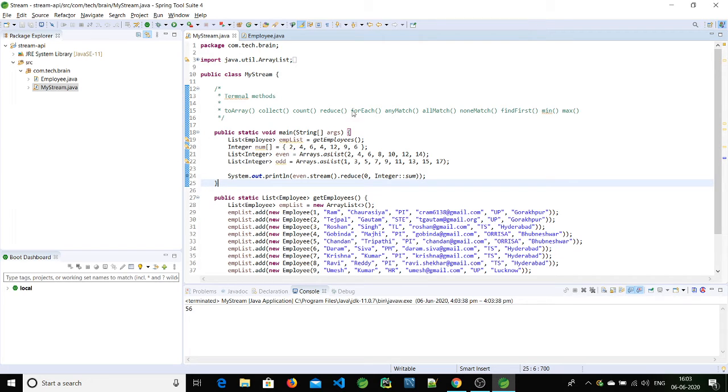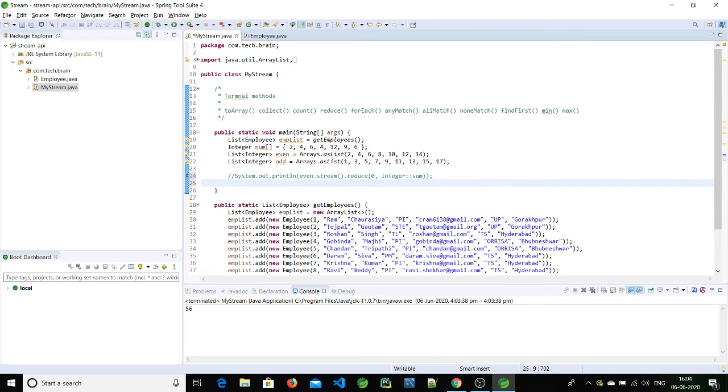For each, as we have seen in the previous video, is used to iterate over each element, read each element, and perform a similar action on it. Let me show you again. I'll print all the elements of this stream. For each is also a terminal method.